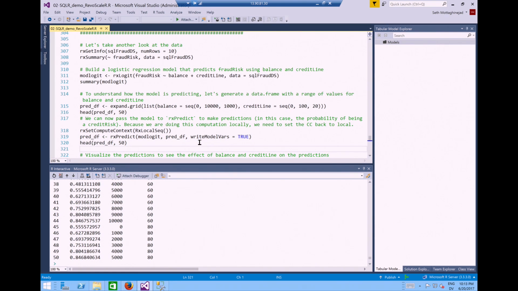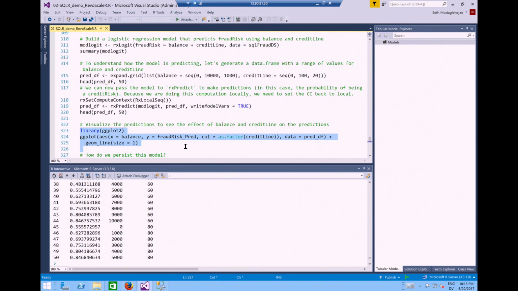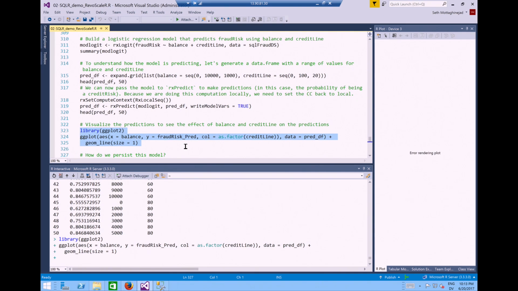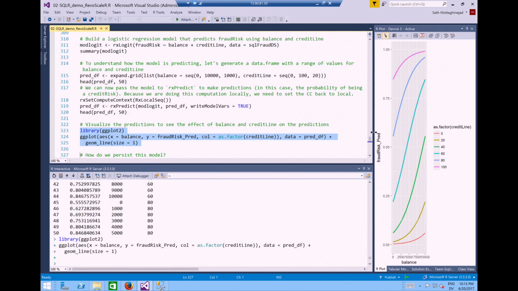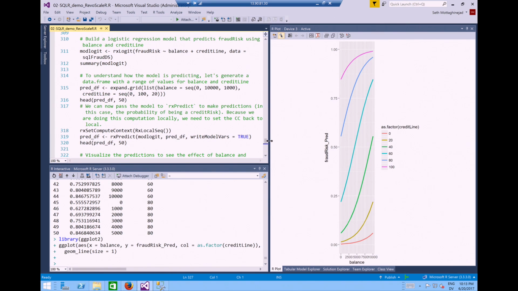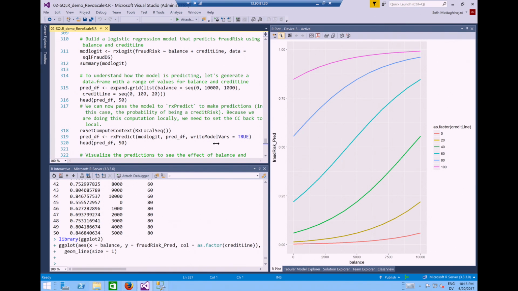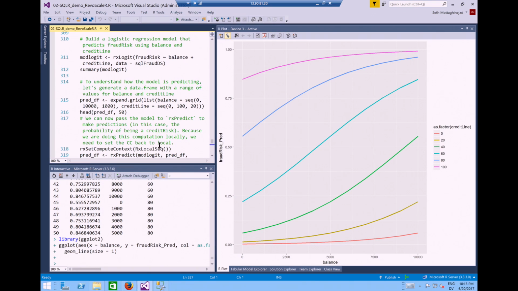When we look at that data, we can visualize it in R using ggplot2. And let me just make this a little bit bigger. This kind of fancy looking plot comes out.